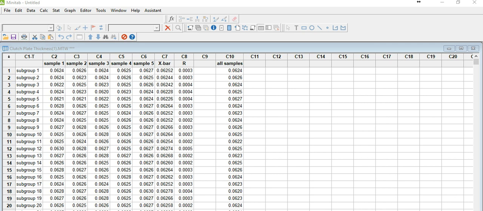Okay, so in this video, Dr. Shang will show you how to generate a dot plot, histogram, and process capability index using the clench plate thickness data. The data is available on Blackboard under the file name clench plate